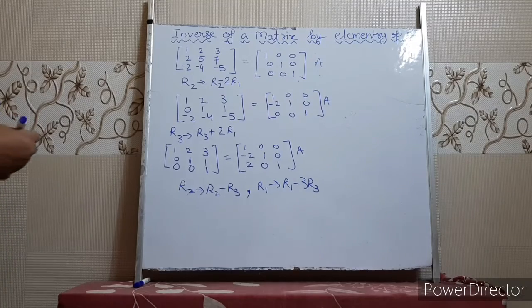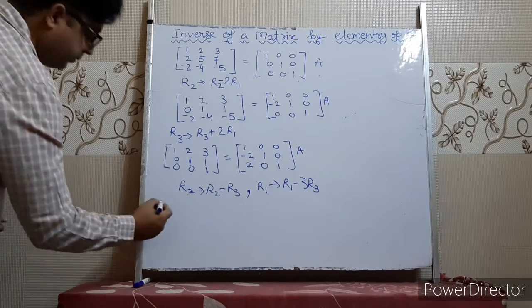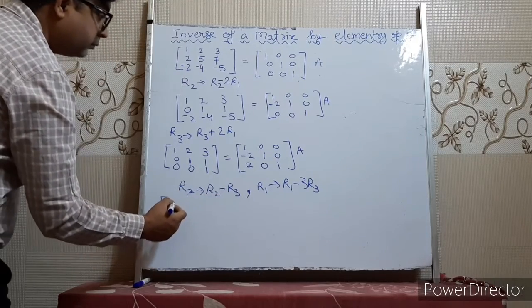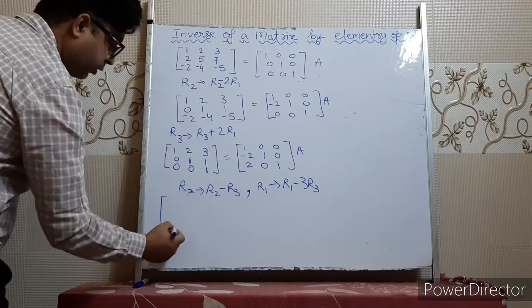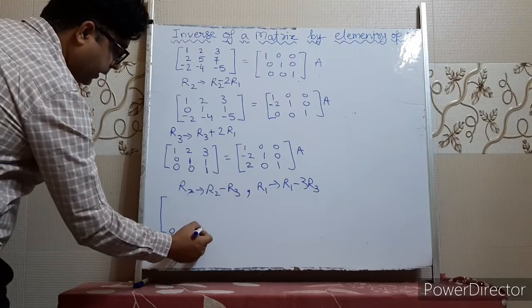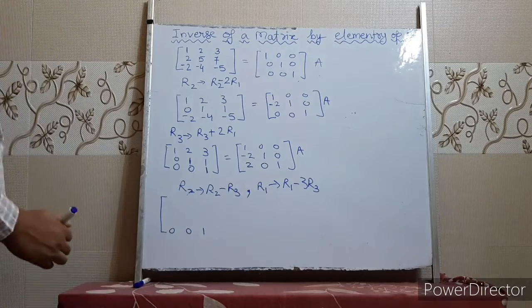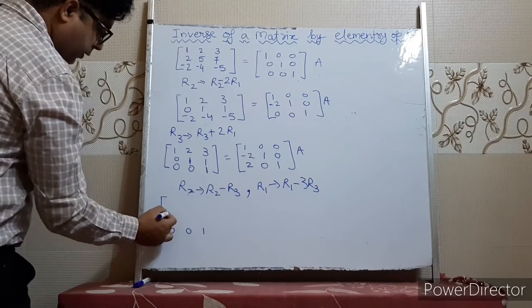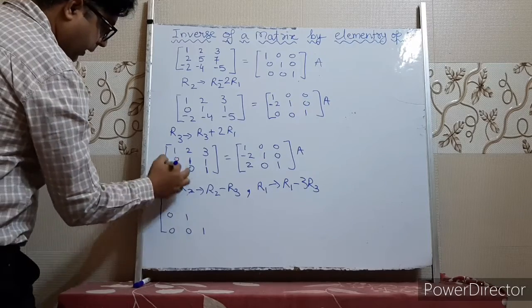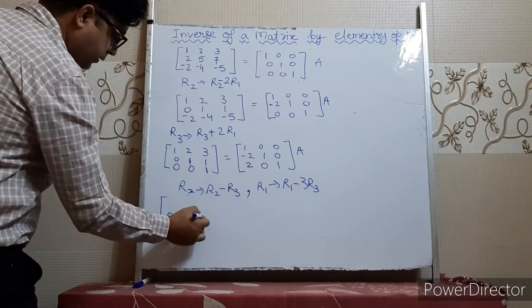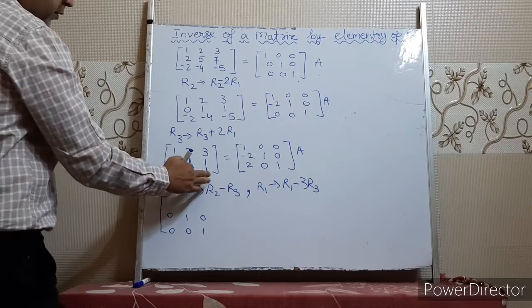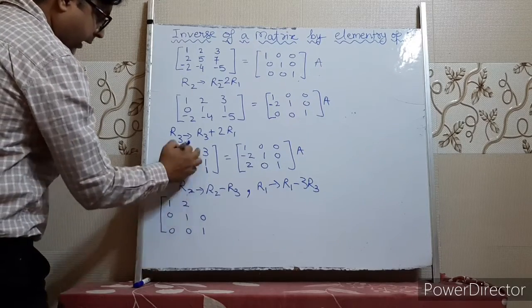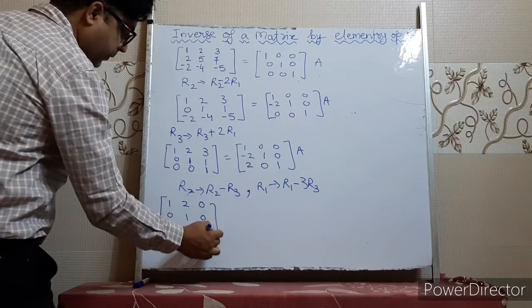Okay, children. Let's apply the operation. See, no change in R1. No change in R3, sorry. So R3 will remain same, 0, 1, 1. Now what does R2 become? When you do R2 minus R1, this will become 0, 1 minus 0, 1, 1 minus 1, 0. You are multiplying 3, it will become 3 here, 1 minus 0, 1, 2 minus 0, 2 and 3 minus 3 will be 0. Understood, children?